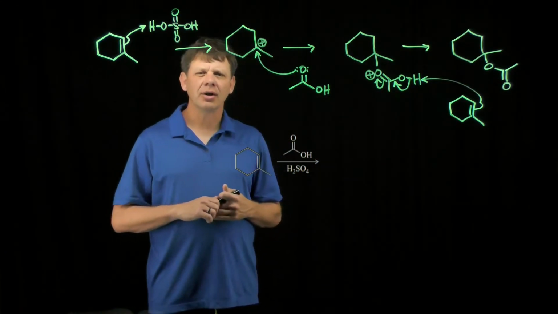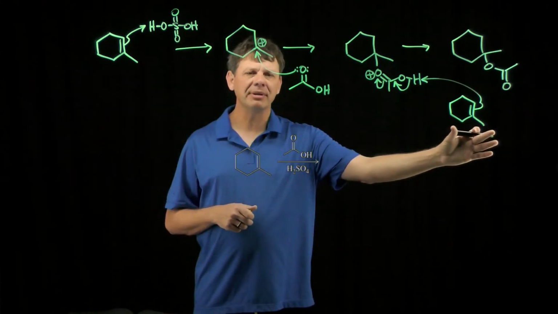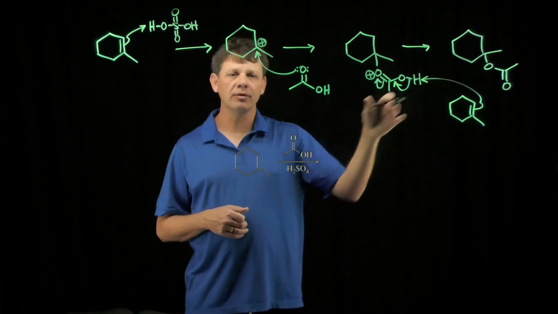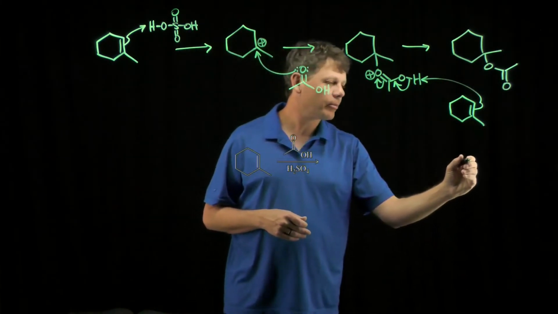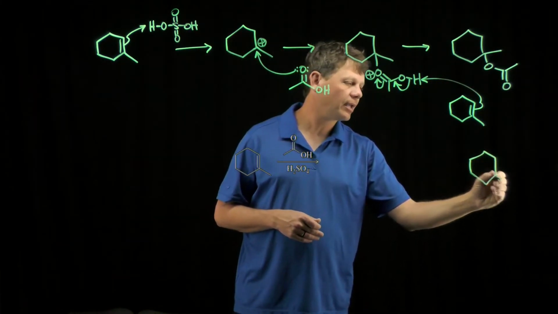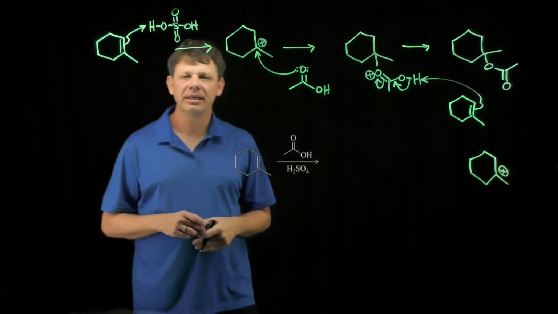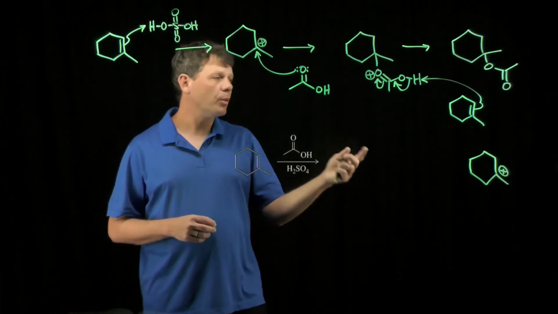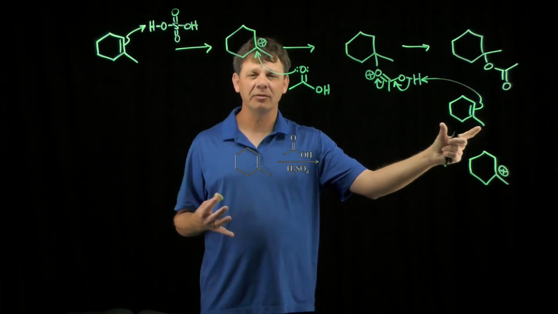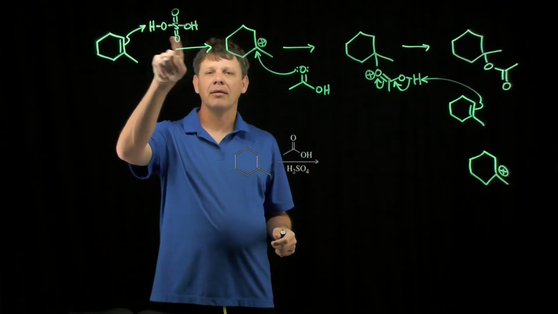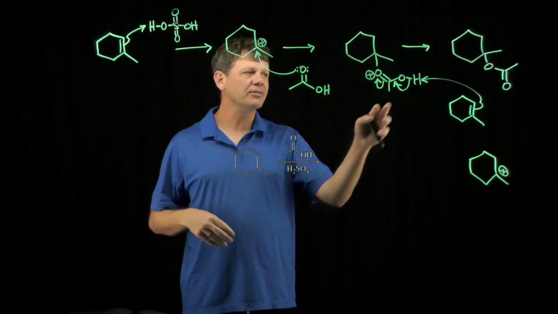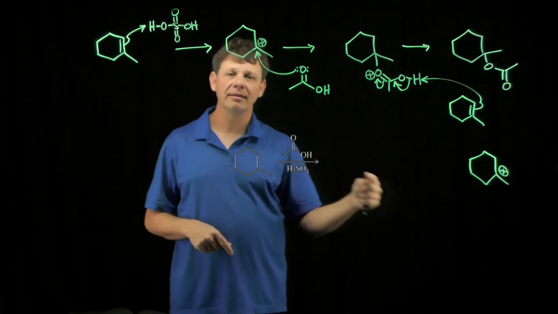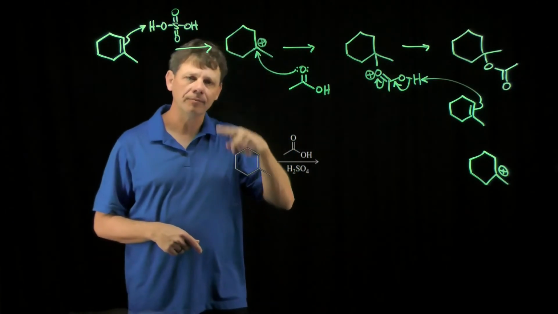Before I go, it dawned on me a question might come up. What happens to this? Well, the product of this alkene removing that proton is going to be another carbocation, which can now be attacked by another molecule of the carboxylic acid. So in this way, by using this alkene as the base, and as we said, it could be anything, it could be the conjugate base of sulfuric acid that could remove that proton. But when it's the alkene, we generate a carbocation that can now be attacked by the next molecule,